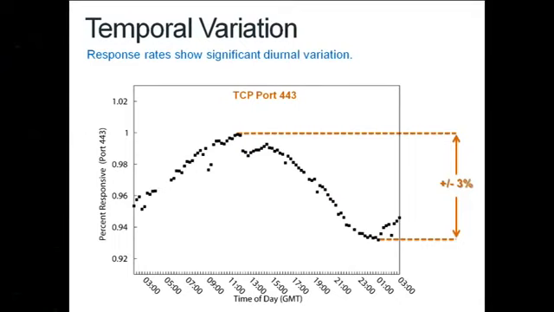Part of the reason for that variation you see, though, is that the number of devices that are responsive on the internet varies quite a bit over the course of a day, over the course of a week, just as a result of people in aggregate turning things on and off, is our main theory. You turn off your phone or your cable modem at night. We see a variation of about plus or minus 3% on a typical day. This is based on doing continuous scans of a 1% sample of hosts on port 443 over a 24-hour period. And you can see that very lovely diurnal pattern.